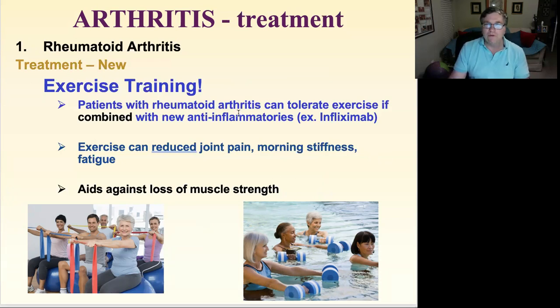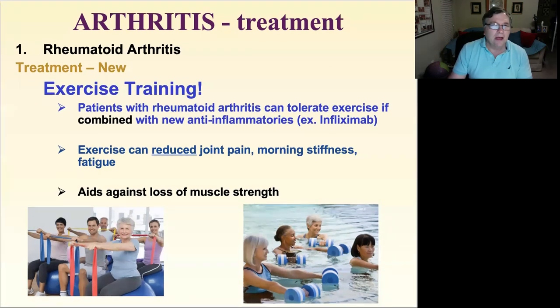So patients with rheumatoid arthritis can usually handle exercise, and it's usually lighter intensity, higher frequency, range of motion type stuff. It may be water aerobics, but resistance training, people can do that as well. So this helps to reduce muscle atrophy that can come with arthritis, because of pain and discomfort, and people aren't using their muscles as much